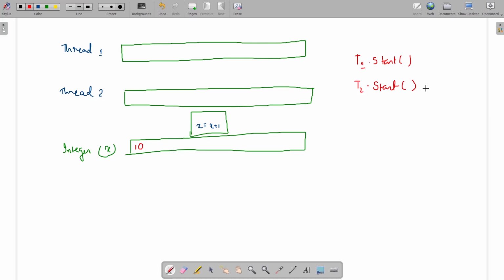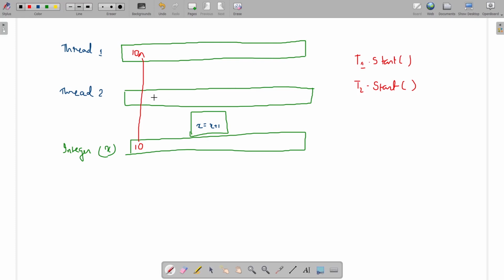So as soon as we invoke the start method, thread 1 and thread 2 simultaneously start executing. Thread 1 takes the value 10, and thread 2 is also executing, so it will also take the value.